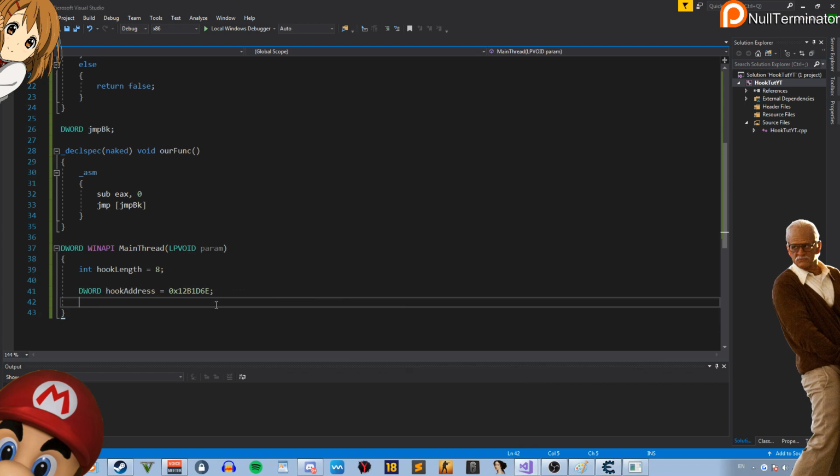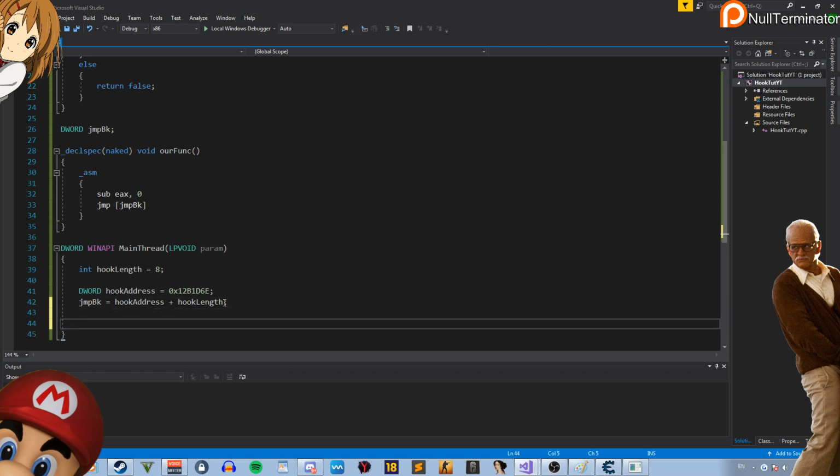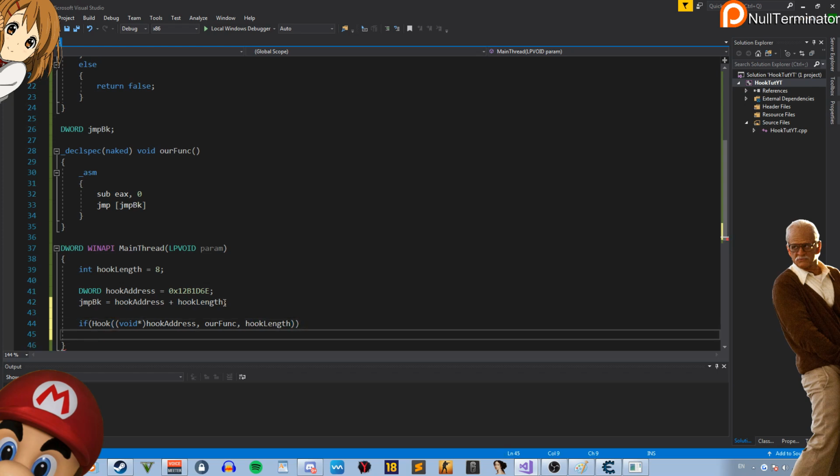Next, what do we want to do next? Let's see. All right, so now we're going to do the jump back, which is going to be the hook address plus hook length. So this is setting it to after our hook. And then we're going to do the hook now. So if hook, then we're going to go our function, hook length. If it hooks correctly, if it works, we're going to do a message box